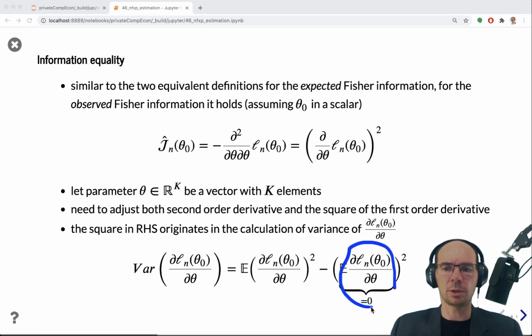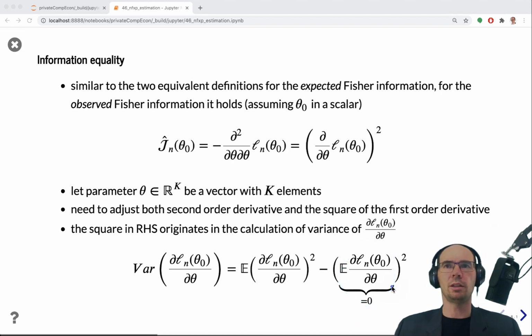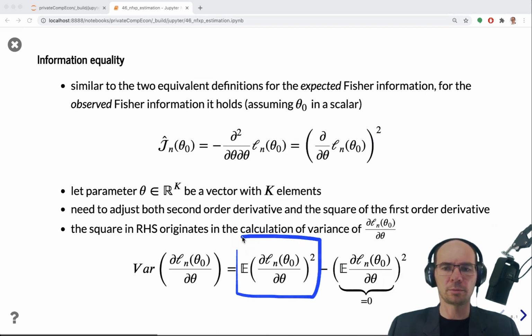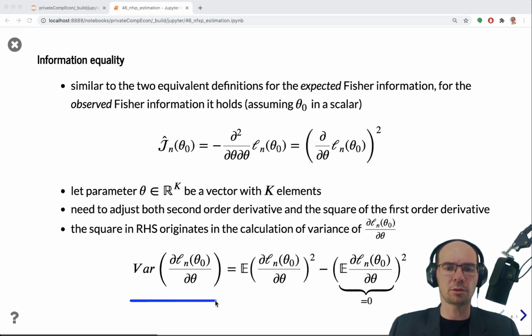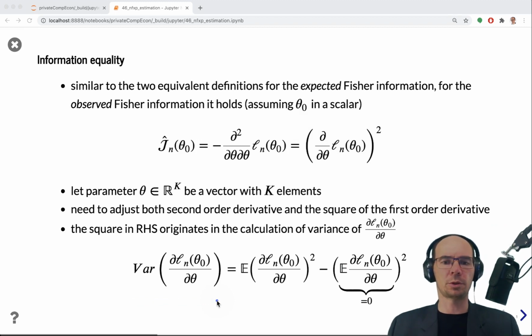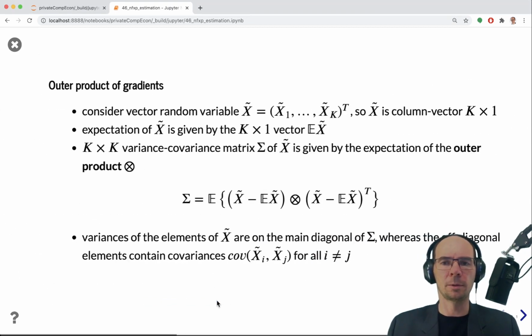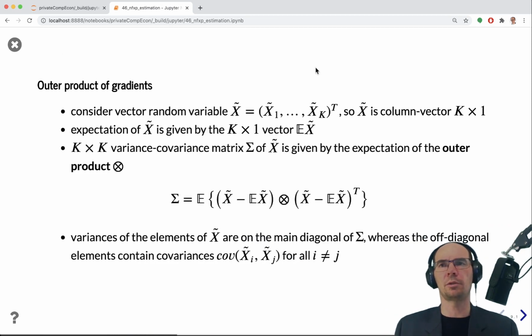Well, the expectation of the first derivative of the log likelihood for MLE, and particularly at the true value of the parameter, assuming that the model is correctly specified, is 0, right? So this term here, which became this term here, relates to the variance of the first derivative of log likelihood. Well, how do we do variance if we have a vector of random variables? We have to think of the outer product